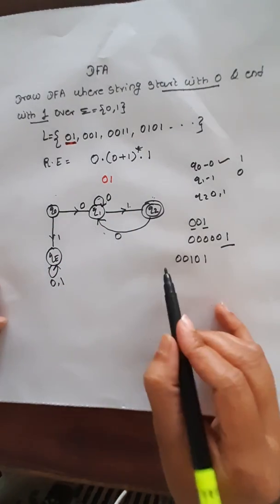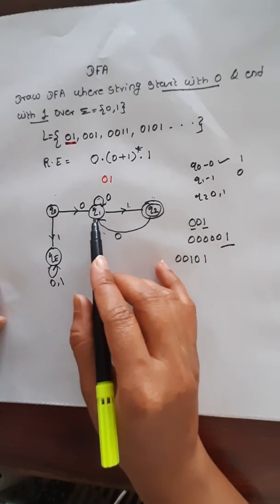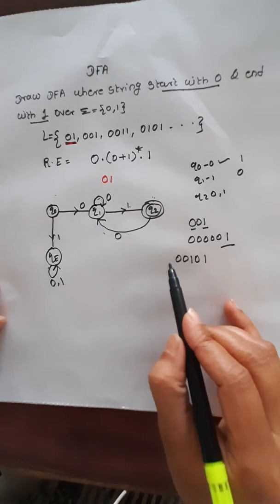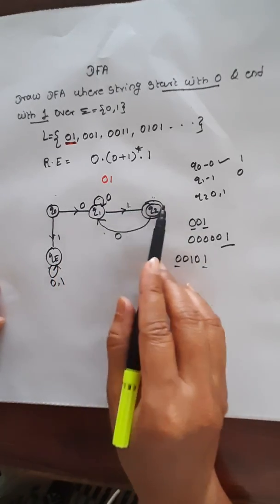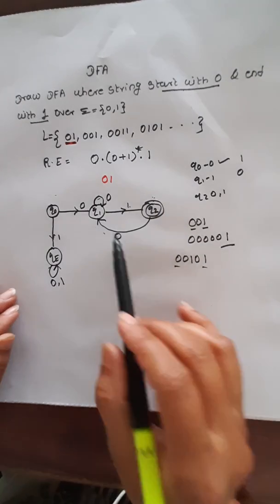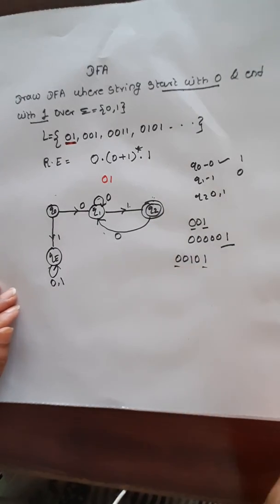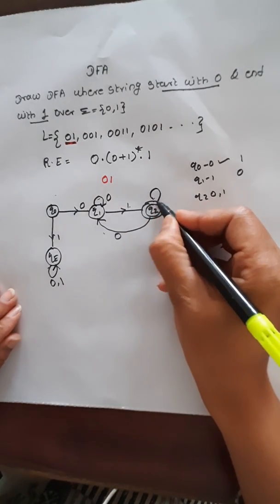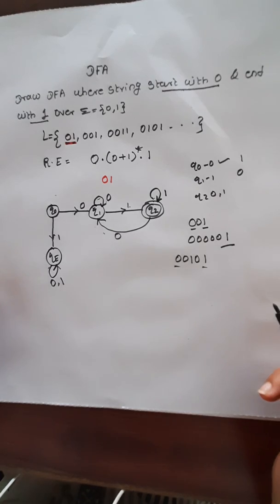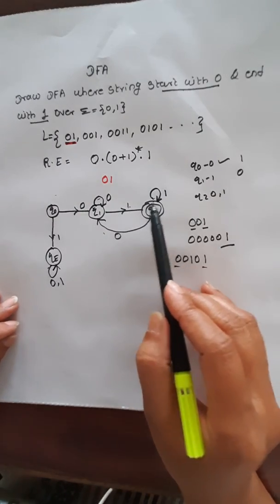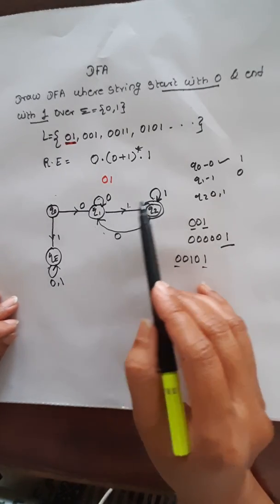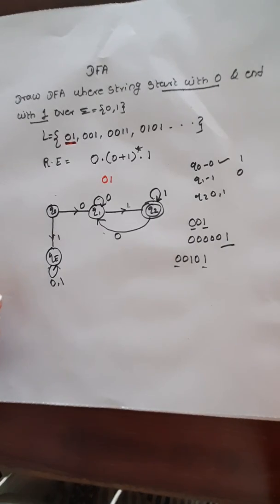See here, if I put the transition towards the Q1, then all valid strings are accepted because it always starts with the 0 and by taking the 1 it reaches the final state. So yes, the 0's transition is correct over here. Now what remains? 1. So make the self loop of the 1 here, and is this self loop correct here? Yes, because they say always end with the 1, and if I make the self loop on the final state, every string ends with the 1.